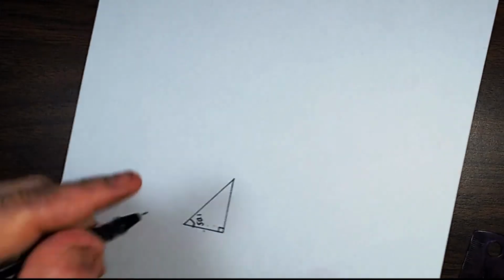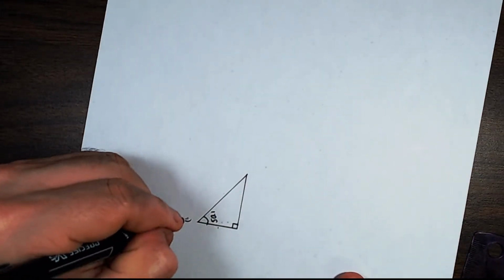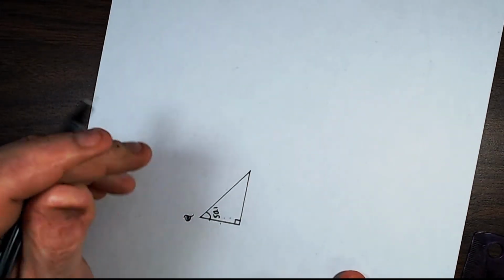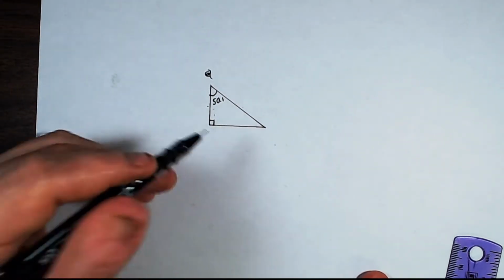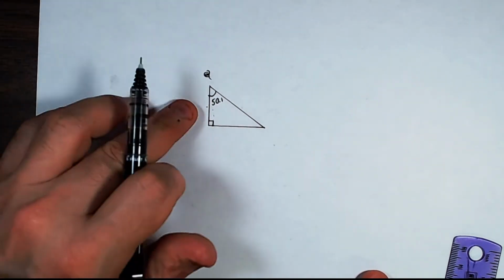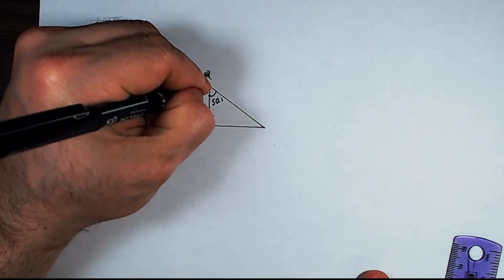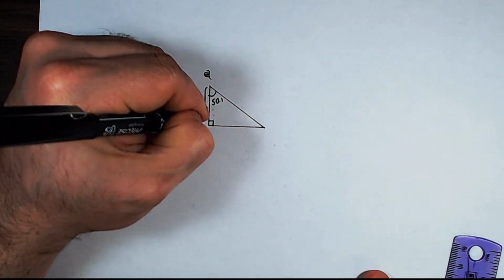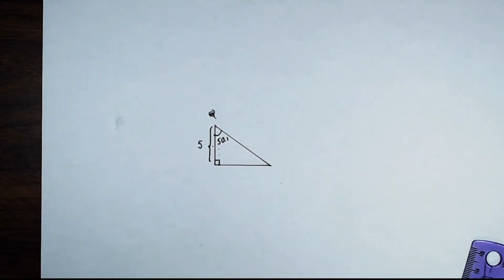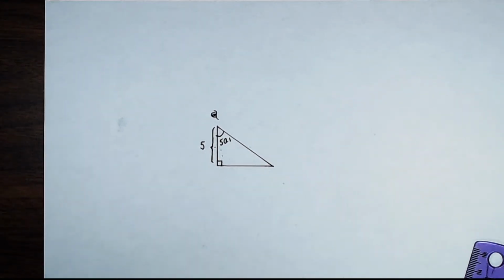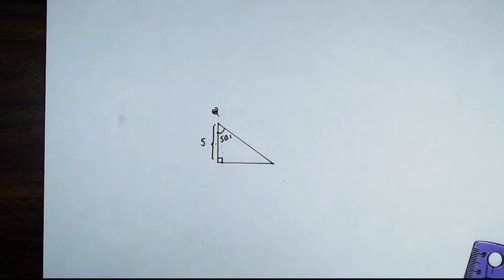Okay, so let me draw my little eyeball over here. There's my reference angle. So we are also given that this distance right here is 5. Now, just looking at this problem, it's not entirely clear what the sine, cosine, and hypotenuse or radius